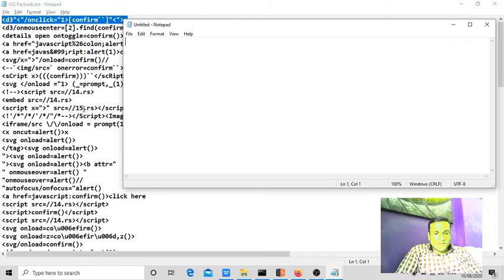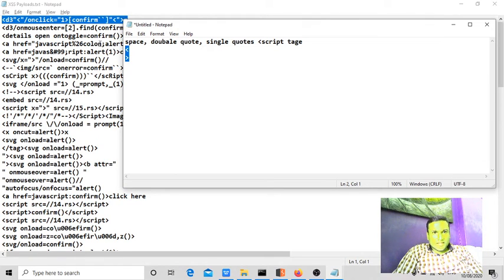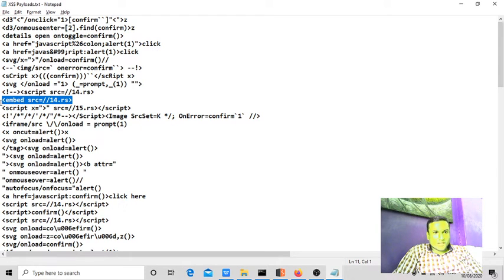Sometimes spaces, double quotes, single quotes, or script tags are blocked by the application. If the application is blocking single quotes and double quotes, then this particular script payload works. So by looking at this payload, you have to understand yourself